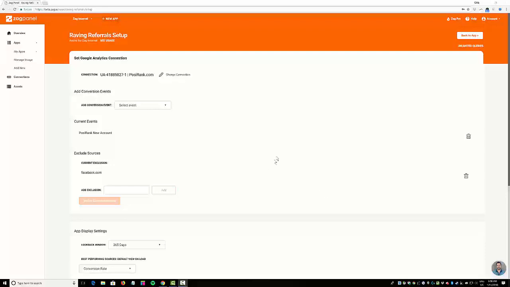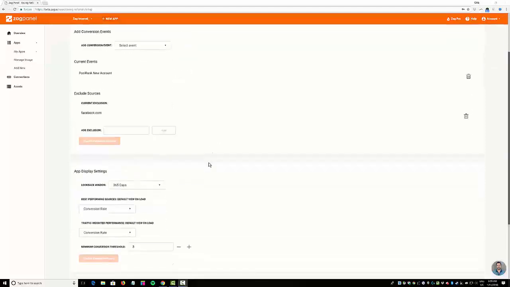So let's go over how to set up and use Raving Referrals. This app connects to Google Analytics. You will need a Google Analytics account, as well as at least one conversion event or website goal, engagement goal to connect. You can exclude sources, and I'll get into that in a second, and as well as